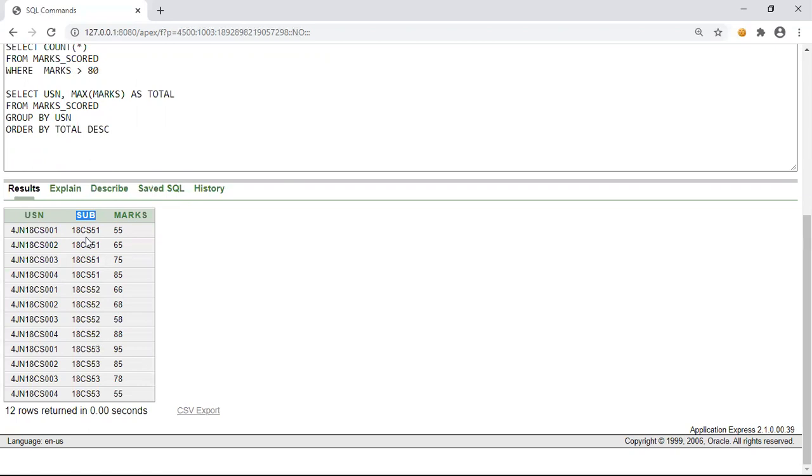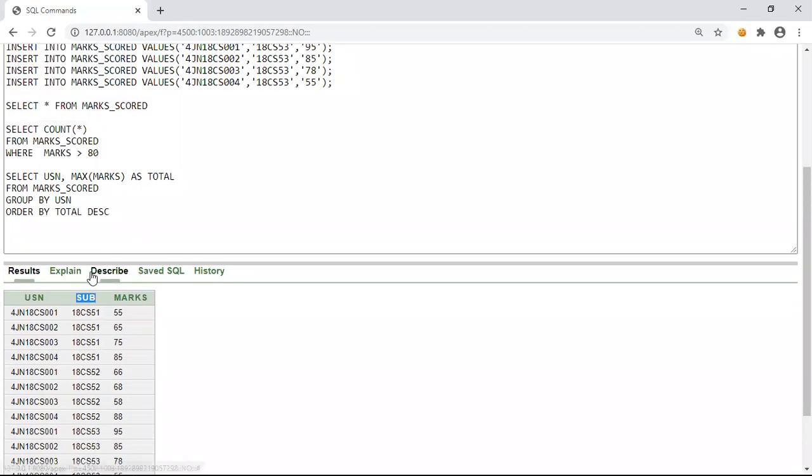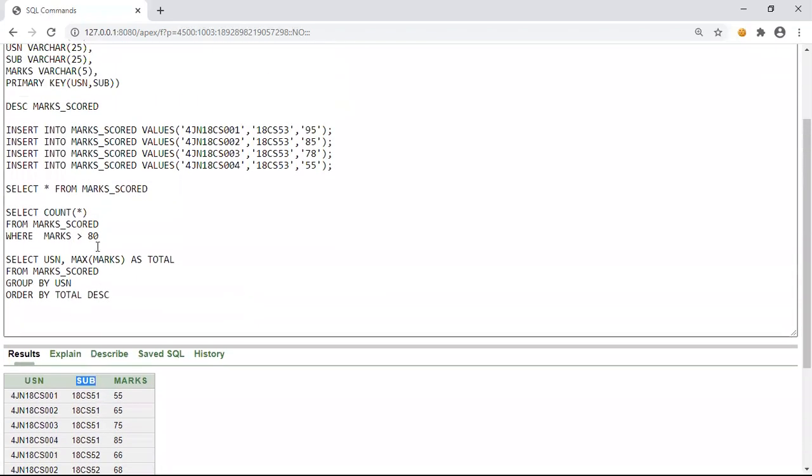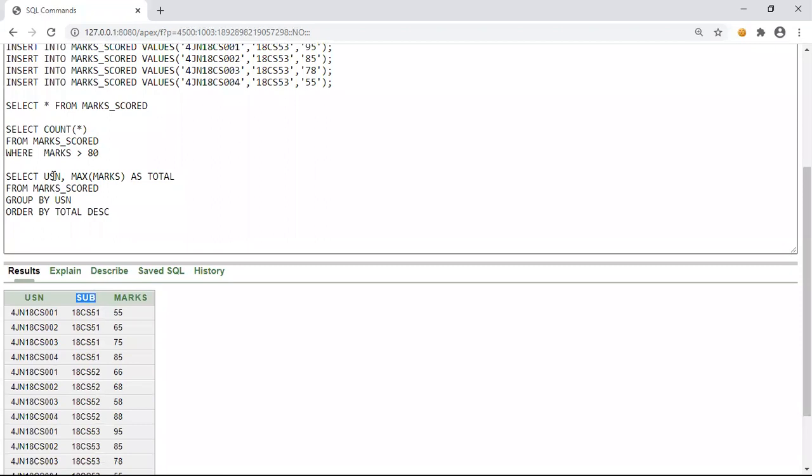Then what happens? For 51 one group, 52 another, 53 another group will be created, and then on that group we can apply the aggregate functions. So select, so group by is based on subject.